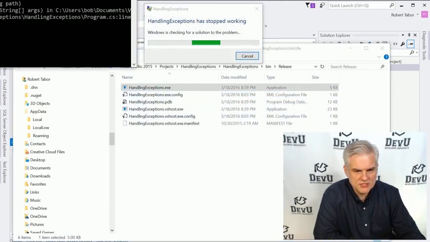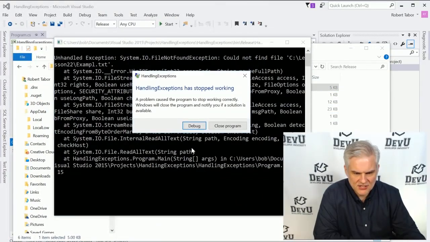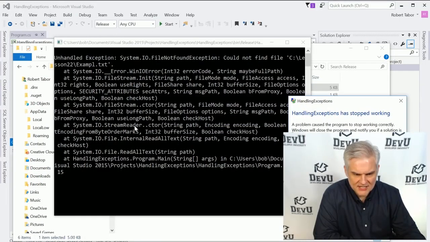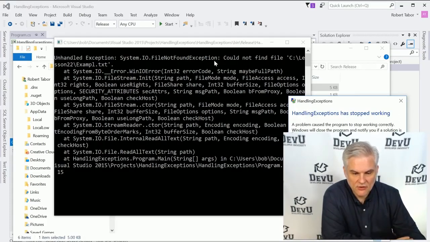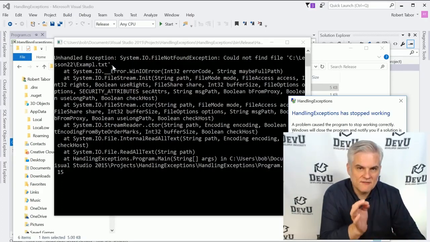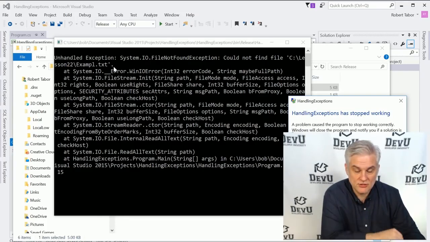and whoops. Notice that I get this ugly little message here, and it's trying to help me figure out what happened, and I get all this text here with all this ugly information, just spewing out all this information that an end user probably would have absolutely no idea what the issue was, although we can read here near the very top that the problem is that it couldn't find the file lesson22/example with no e.txt. Now, a very observant user might be able to look at this and figure it out if they stared at it for a while,